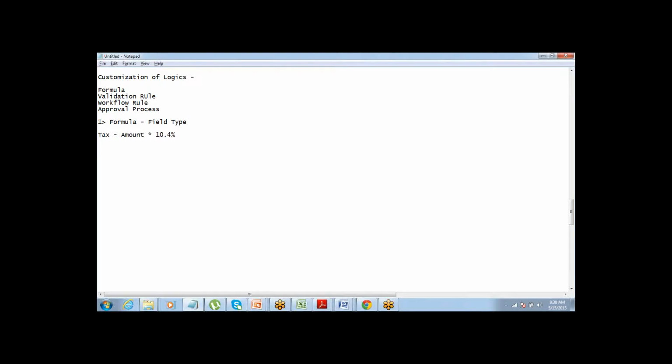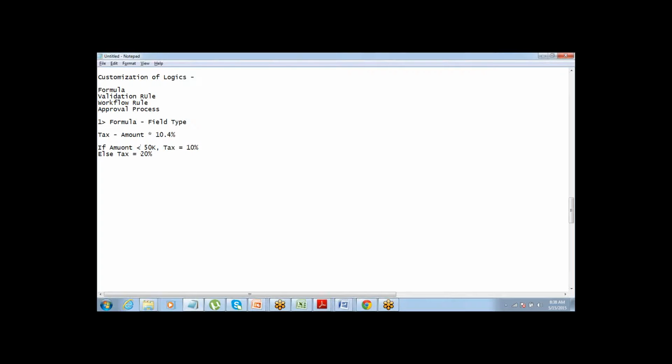Okay, this was a straight formula. Now just imagine there's one small logic which comes in: if amount is less than 50K, tax equals 10%, else tax equals 20%.